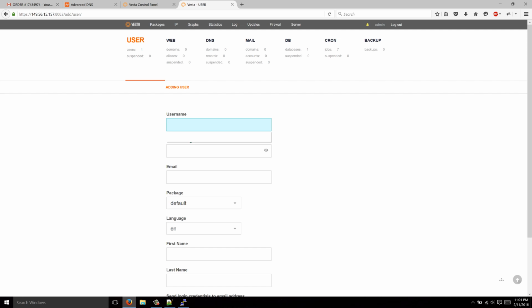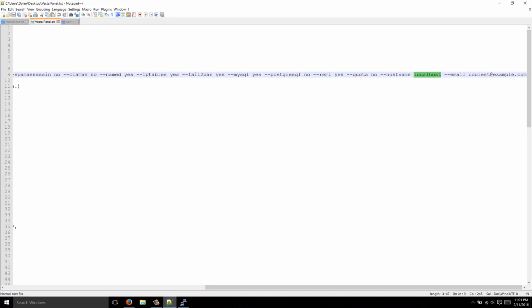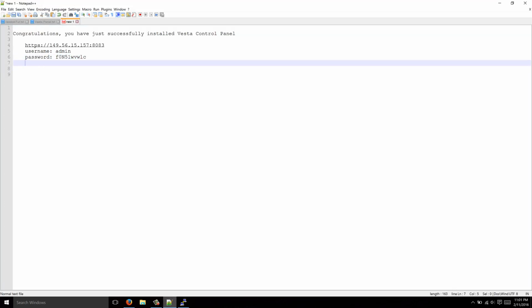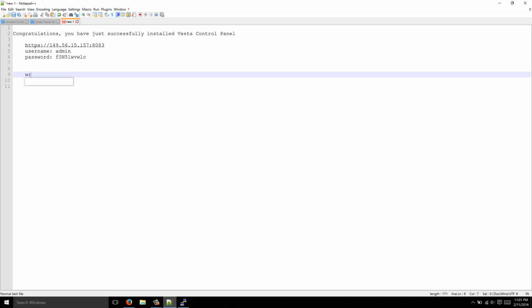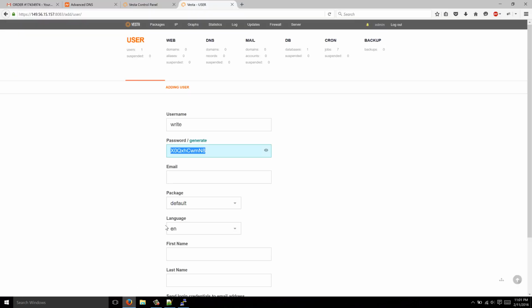For the course of this tutorial, I am going to be using a legit domain that I own, but I am moving servers, so I thought I would show you guys this tutorial while I was doing it. So I always generate a password because they're a lot better than anything I could think of, so copy that and just remember your passwords. I usually create a little txt file that contains everything, so write user, keep your password in there, your email, that one. Let's try domain